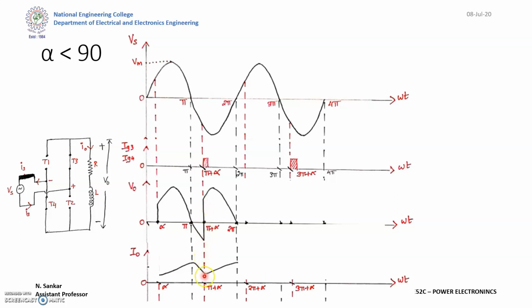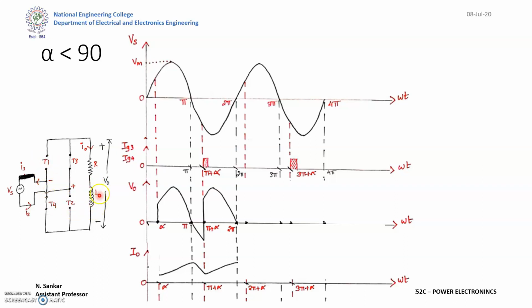There will be a gradual increase in your load current, that is your inductor starts getting charged. So there is a gradual increase in the load current due to the increase in the output voltage. It will follow the rectified input voltage till 2 pi. So after 2 pi, we have the positive half cycle. Based on the normal concept, now T3 and T4 have to be turned off, and T1 and T2 have to be forward biased.